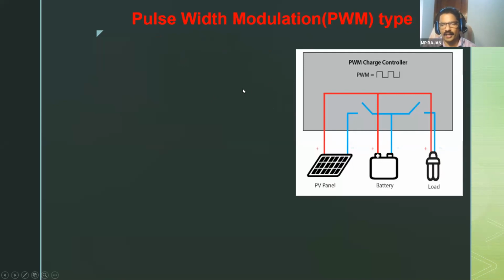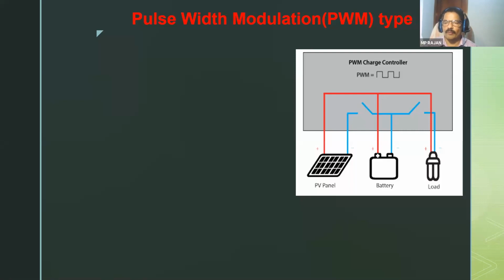Your solar PV is directly connected. Supply of the PV module is directly connected to the battery and the load through the switch of a PWM charge controller. When the PV panel is giving supply, positive supply will be going through here, and whenever the battery voltage is low, less than the preset value, this switch will be on. Okay, so this switch will be on, and your panel is charging the battery like this. The circuit is completed through the now closed contact. Your battery is getting charged.